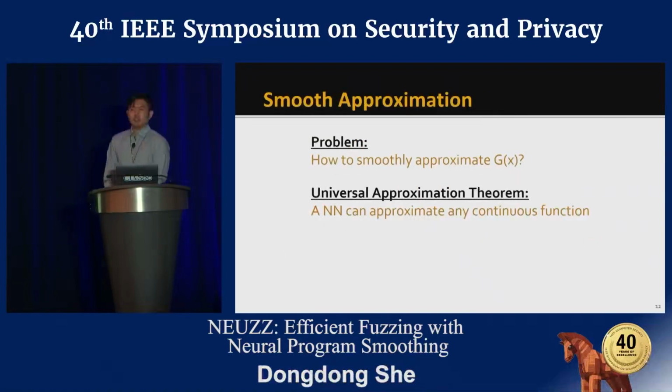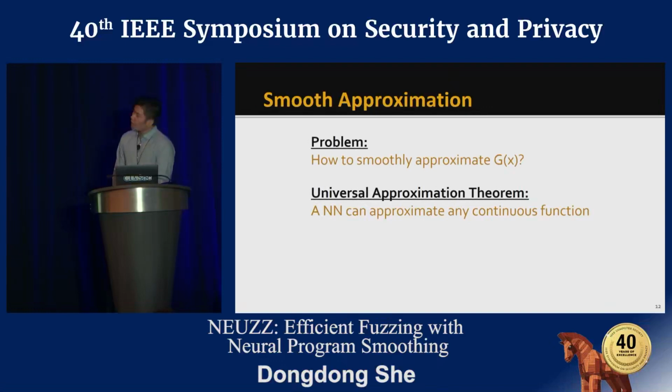Gradient-guided optimization seems pretty promising, but the problem is how do we smoothly approximate G(x), while the objective function G(x) has no explicit analytical form. Moreover, it is only accessible in a black box manner. That is, we can only get the output, that is the edge coverage of G(x), through lightweight instrumentation of target